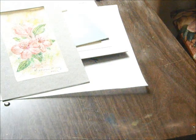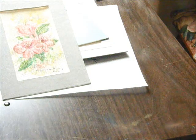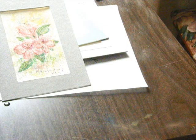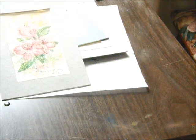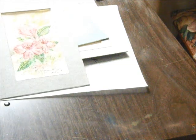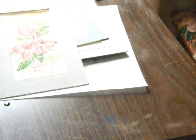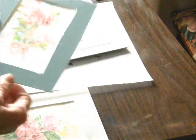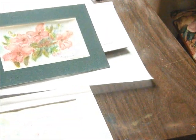This is a pencil drawing on location of some of my flowers, and it was fun to do, great for learning and so forth. Those are wildflowers that I had planted some years ago. And then, of course, there are the other ones, a different sort of approach, different color, different pencils,